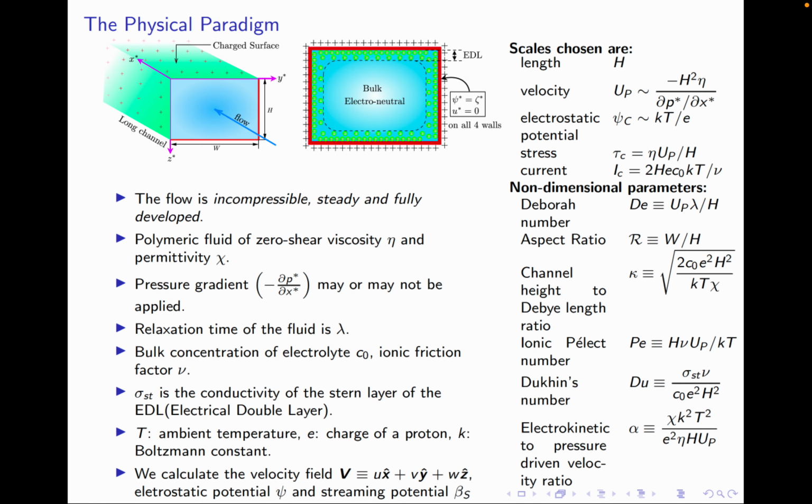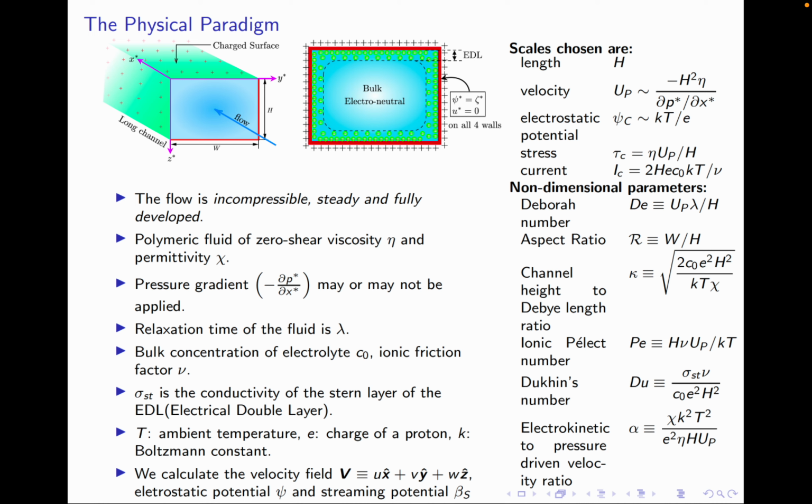We have a long rectangular channel in which a fluid is flowing. The fluid has an electrolyte dissolved in it which dissociates into positive and negative charges. Now, the positive charges are adsorbed on the walls, leaving the bulk of the fluid negatively charged. The negative charges are concentrated near the walls since they are attracted to those positive charges, and we get an